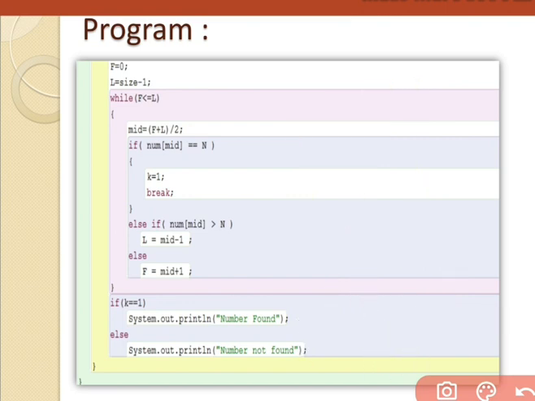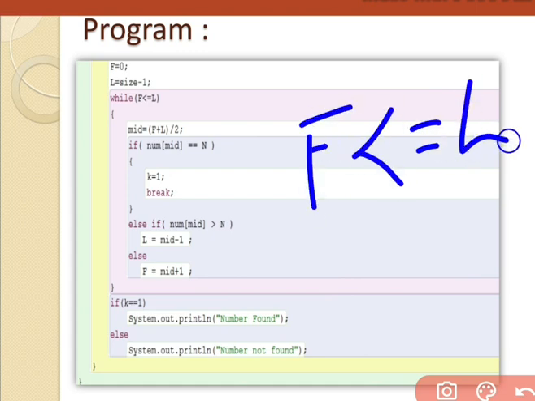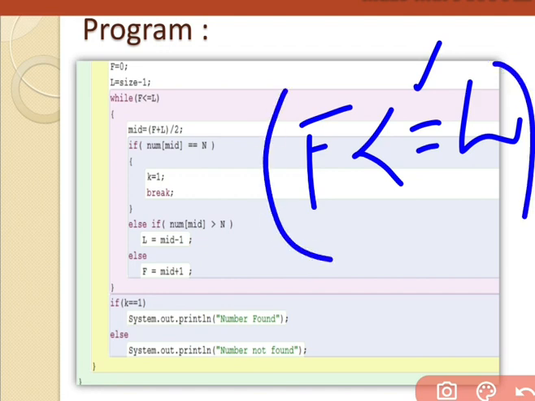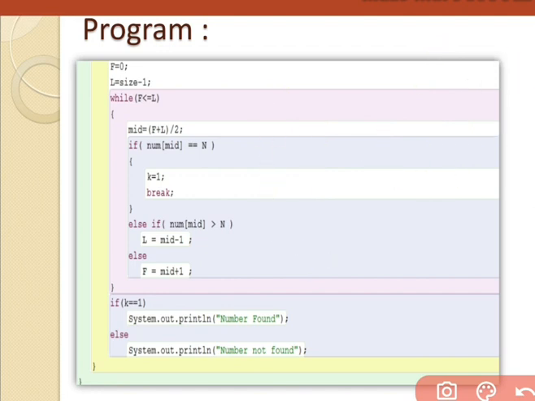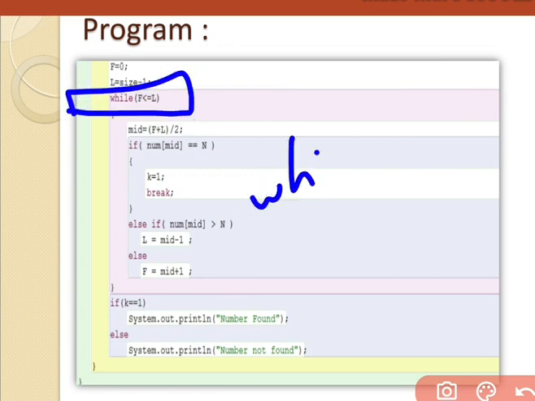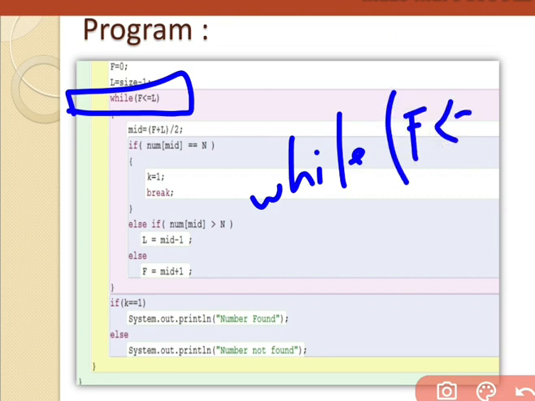Previously we had discussed this. That's why I've written f is smaller than or equal to l. Sometimes the condition occurs that first is equal to last. That's why I've written the condition: while first is smaller than or equal to last. This condition we have.